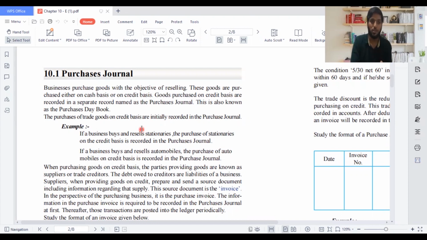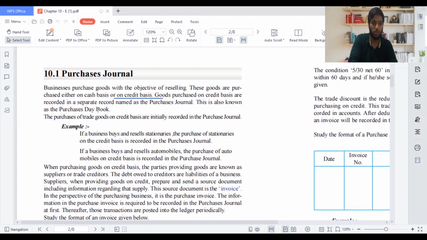With that knowledge, you also need to understand that whenever you are making a purchase, the purchase journal is prepared from an invoice called a purchase invoice. Who issues this purchase invoice? It is issued by the credit supplier. Now, for a quick revision, I'll move on to the important areas. The business might buy goods on credit as well as in cash, but this purchase journal is only for credit purposes.